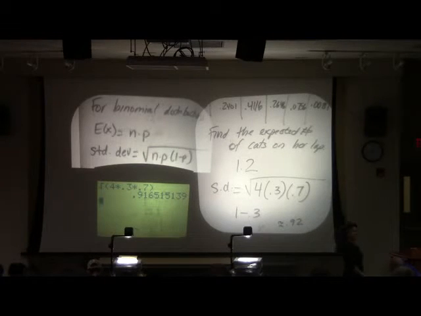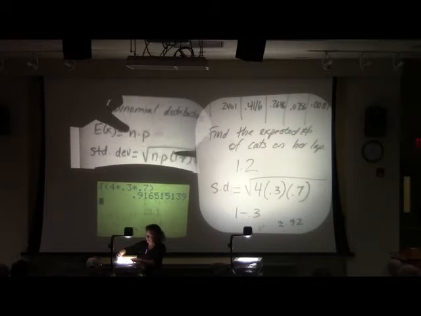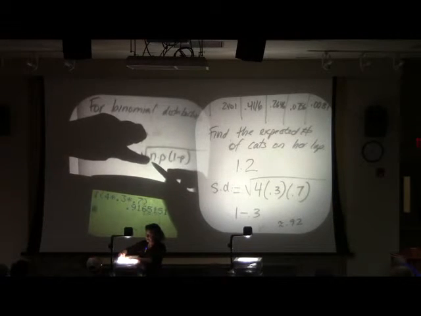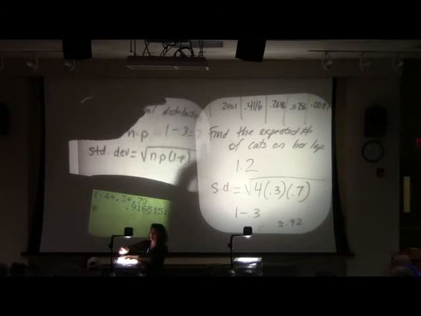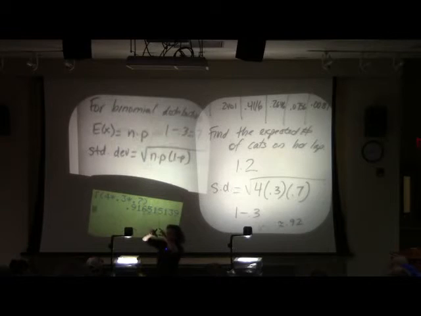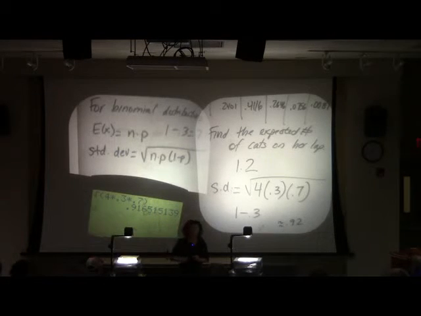It's kind of a meaningless thing here, but we can do it. Do you guys all see? Isn't this a much nicer way of computing the standard deviation than section 8.3? Where did you get 0.7? Where did I get 0.7? Do you agree my formula says n times p, and then the other part of my formula is times 1 minus p? My n was 4 and my p is 0.3. So then 1 minus 0.3 is 0.7. Kind of think of your trees. Remember how everything had to add up to 1?